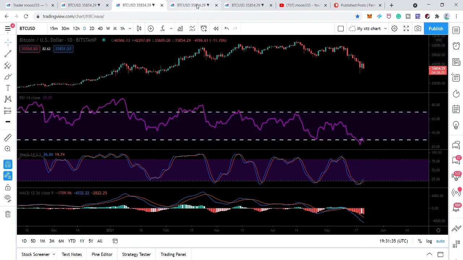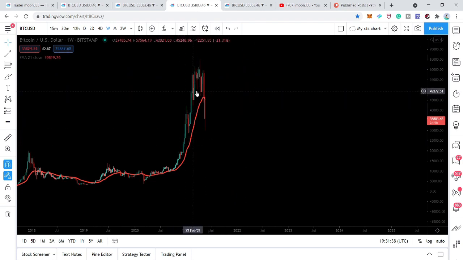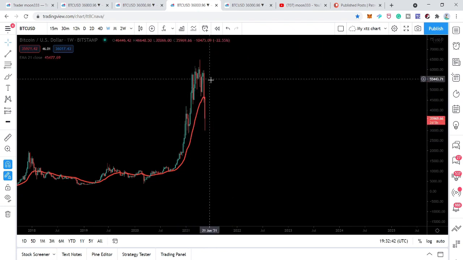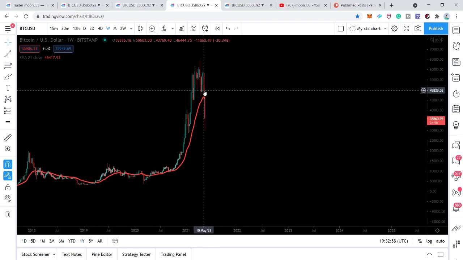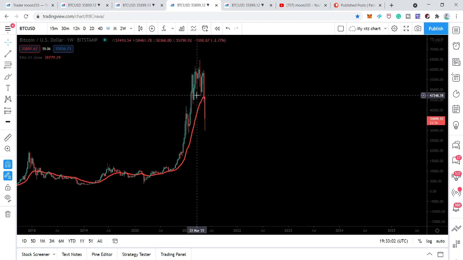So if we take a look at this weekly EMA 21, that is very important. We can see that so far the week is not closed, but the price action is moving at a very, very low position from this EMA 21 weekly. We can see that the EMA 21 weekly at this time is $45,417, and we can see that the price action is at $35,860. So we need to move up, and we need to have a closing above this EMA 21 before the closing of this week.